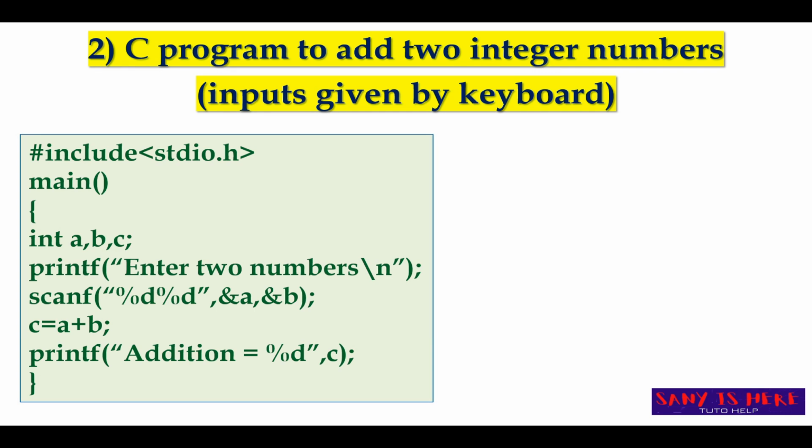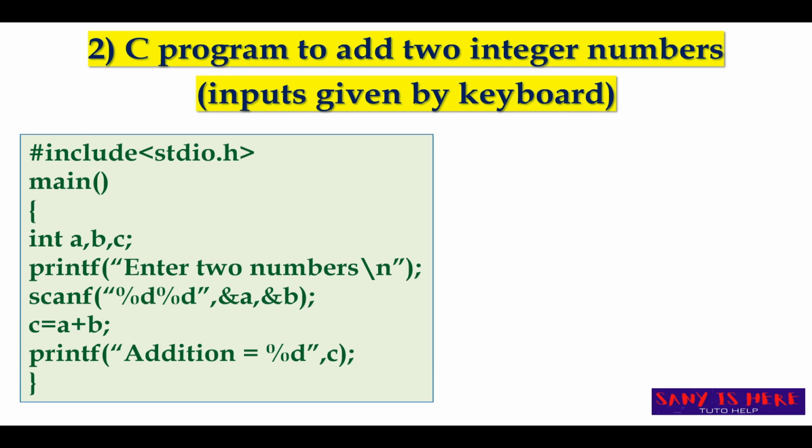As you all know, stdio.h is included, main function is there, and the same declaration we have done, that is int a comma b comma C, means we are using three variables in this program. Okay, see, printf means it will print whatever we write in the double quote. What it is going to print, that is, for the user it is going to print like enter two numbers on the screen, and now the user will